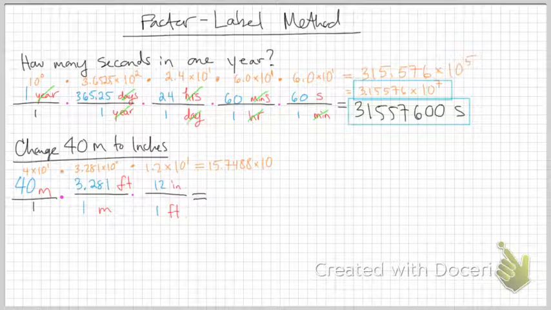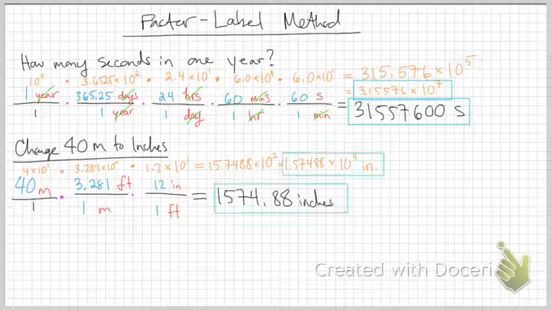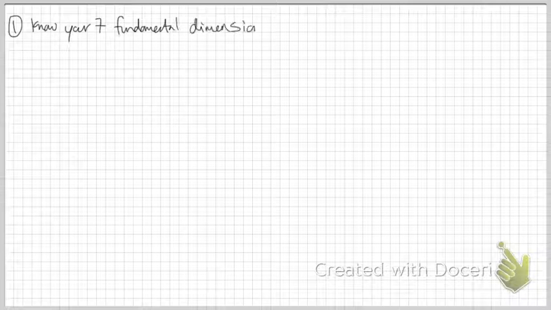So there I've done it again. I've written up only 2 fractions I need in addition to my 40 meters over 1 there to get into inches, and you can see the multiplication through with the scientific notation, or if I just put that in my calculator, I'll get 1,574.8 or so inches. So, what we do need to know, we need to know our 7 fundamental dimensions and